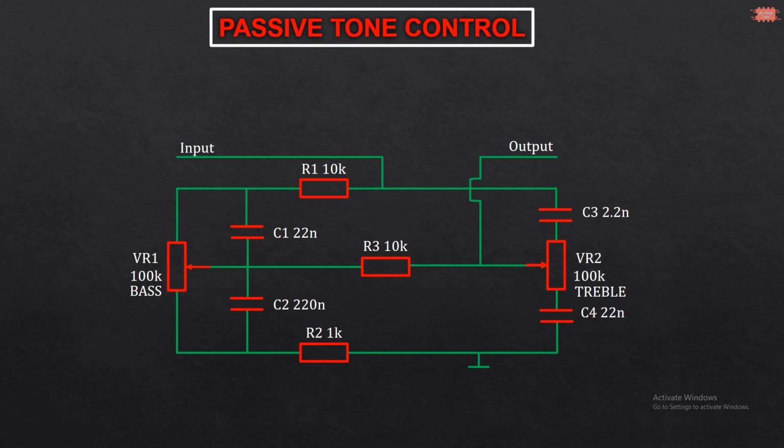Hi friends. In this video, I am going to introduce a common type of passive tone control. You can see that the circuit has two potentiometers, one for the bass and the other for the treble. Both bass and treble can be boost or cut and may have either linear or logarithmic tracks, depending on